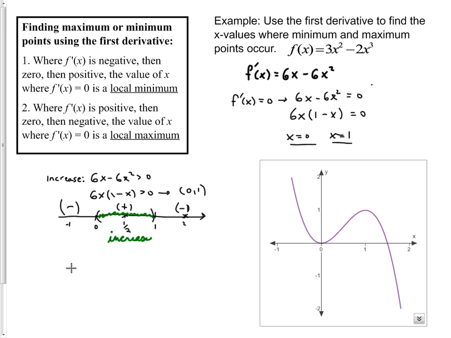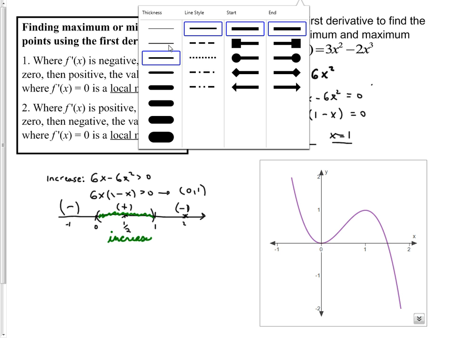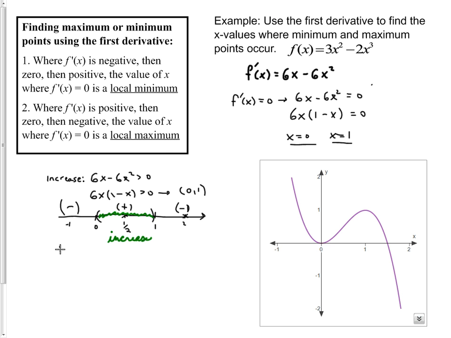Where does it decrease? Well, luckily I've done most of the work already. I don't have to go through and do it over again. I know that a decrease is going to occur wherever 6x minus the quantity 6x squared is less than 0, and through the same process of plotting these values on the number line,